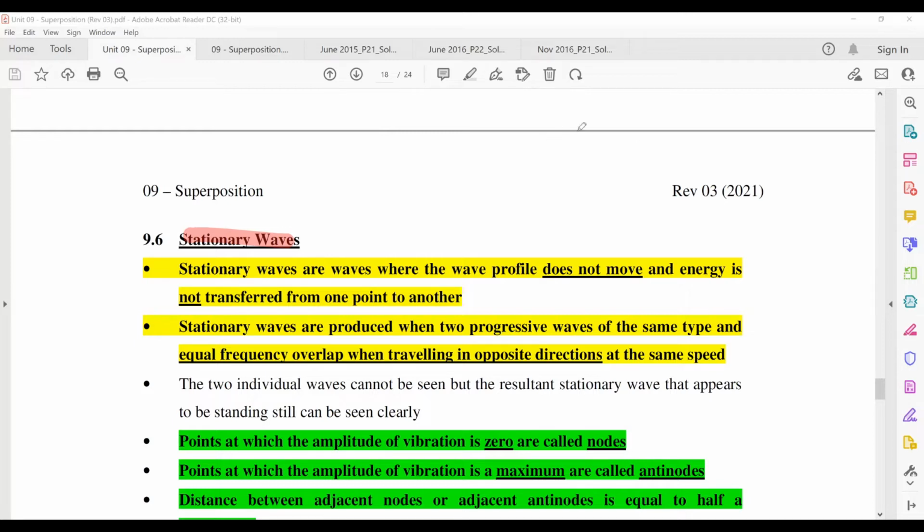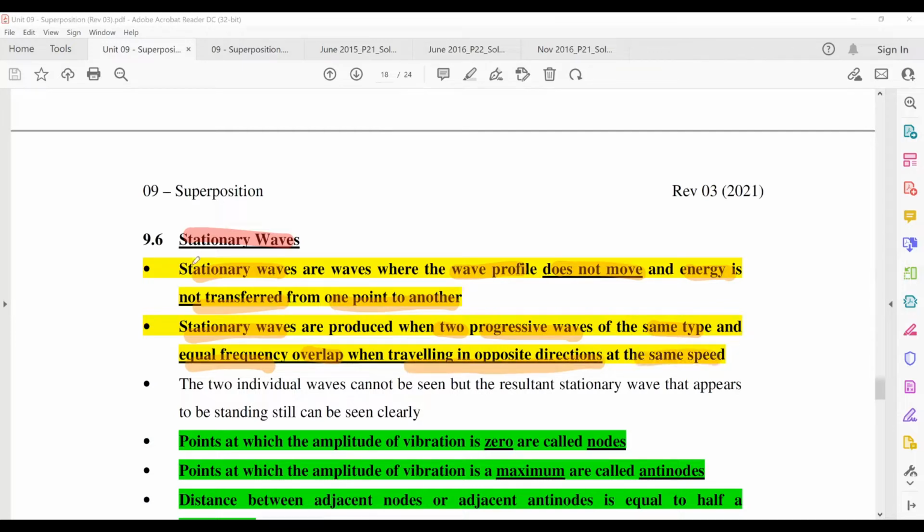Stationary wave is the direct opposite of progressive wave. Stationary waves are just waves where the wave profile does not move and energy is not transferred from one point to another. Okay, now stationary waves are actually produced by progressive waves. They are produced when two progressive waves of the same type and equal frequency overlap when traveling in opposite directions